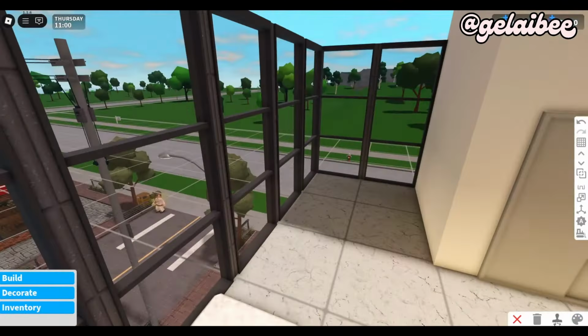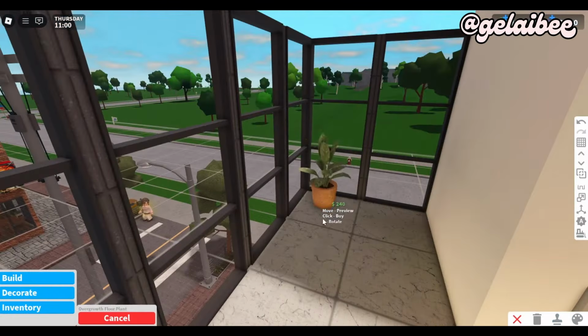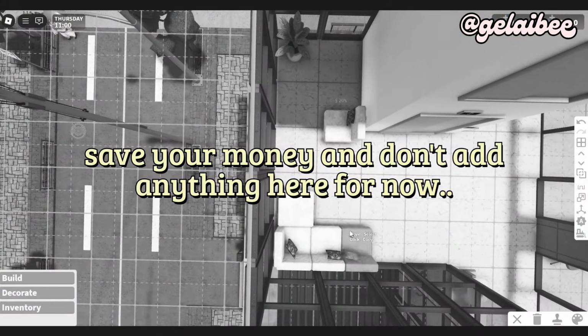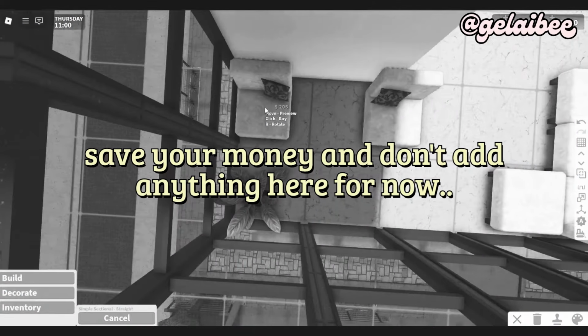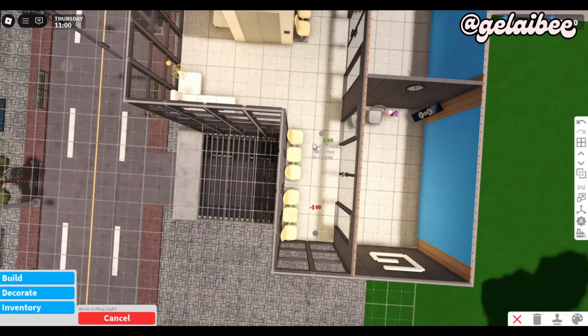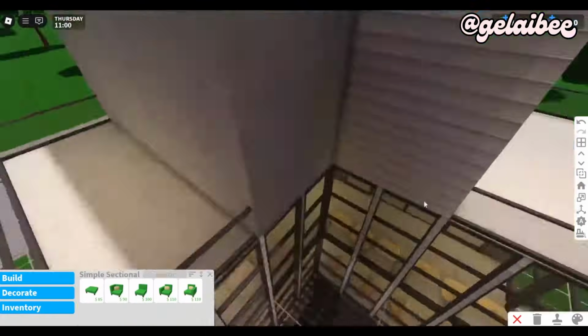There is a corner space beside the elevator, and I added more seating area here, which I will be deleting later, because I'm gonna turn this into a toilet area. So save your money and leave this empty for now. I copied the lights we have from the second floor, and just add sleek ceiling lights to the hallway and